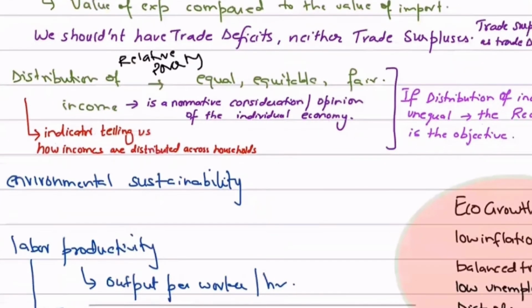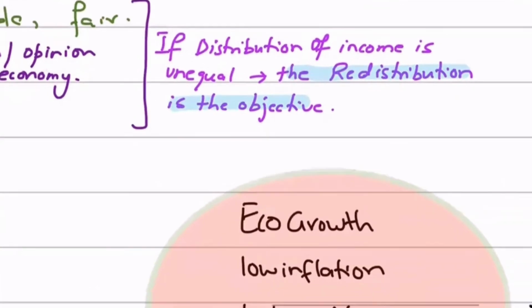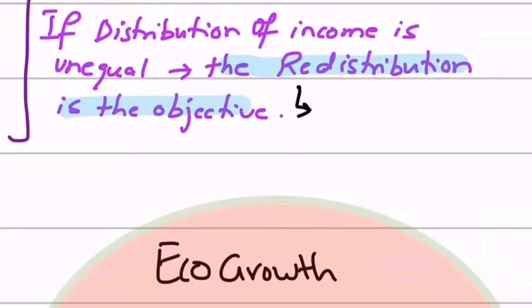And if distribution of income is unequal, then what should the government do? The government should start redistribution of the income, redistribute करे income. So what is one of the ways in which the government can redistribute incomes? So one way is progressive taxes, and secondly, increase the transfer payments, or you can say the welfare benefits in society. That is going to bridge the gap between the rich and the poor.